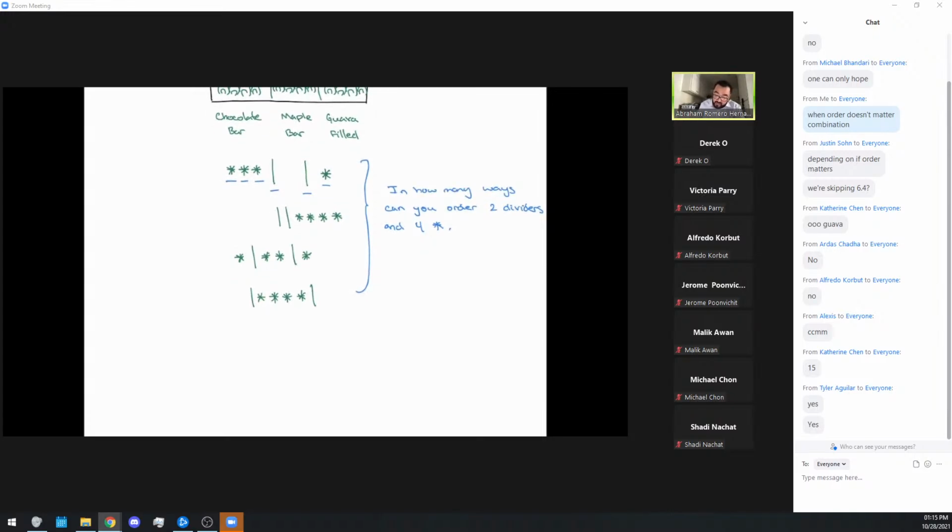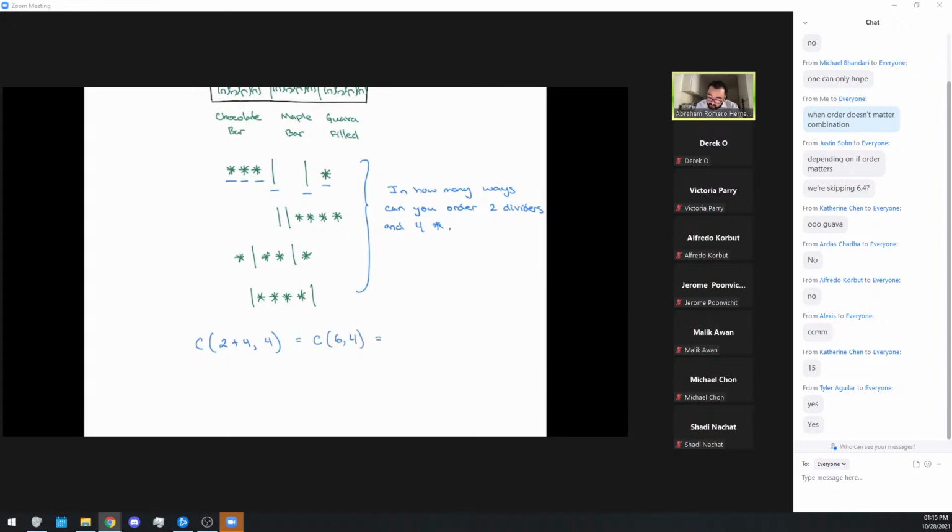And since order doesn't matter, I'm going to state that it is the combination of having 2 dividers plus 4 asterisks, but I want to select 4 positions of those asterisks. I want to select the positions of the 4 asterisks, which is the same thing as saying C of 6